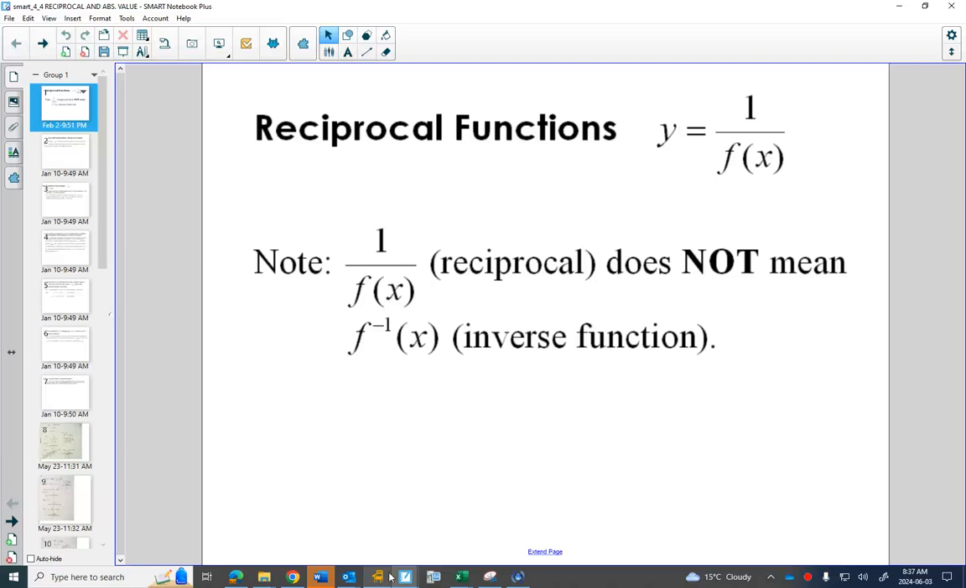Today we start the last topics in chapter 4 that are outside of our notes. We're going to look at reciprocal functions and absolute value functions. So this is going to be sort of similar to, remember in chapter 2,